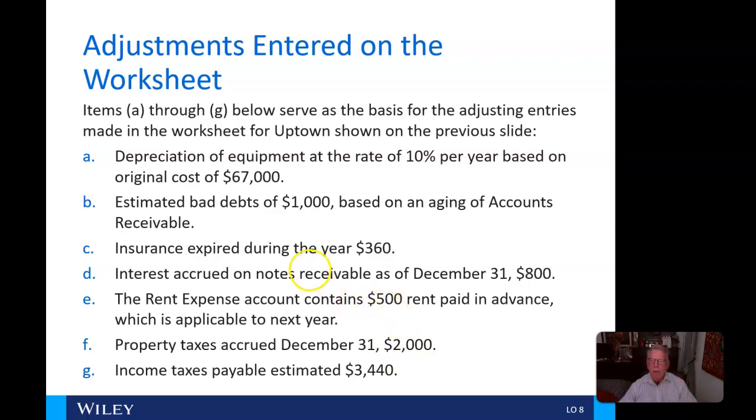And then here we have some expired insurance. That means that insurance has been used up. So that's going to be your insurance expense here. And then we accrue some interest on the notes receivable for $800. That'll be interest expense. And then right now, the rent expense contains a $500 rent paid in advance, which is applicable to next year. Okay, we'll have to fix that. And then property tax accrued for 2000,